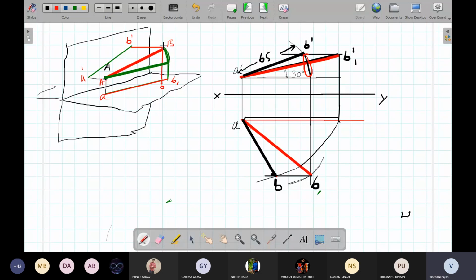Now I will use blue color. Rotate in horizontal plane. Remember, rotate in horizontal plane till it becomes parallel to vertical plane. Okay, so this is the rotation which I am showing in blue color. Rotated, and now it becomes parallel to vertical plane. Now if I project it,